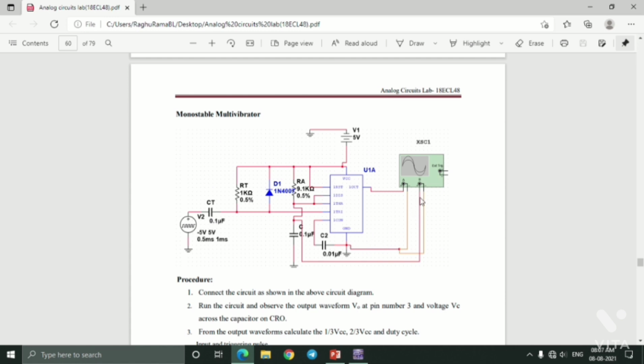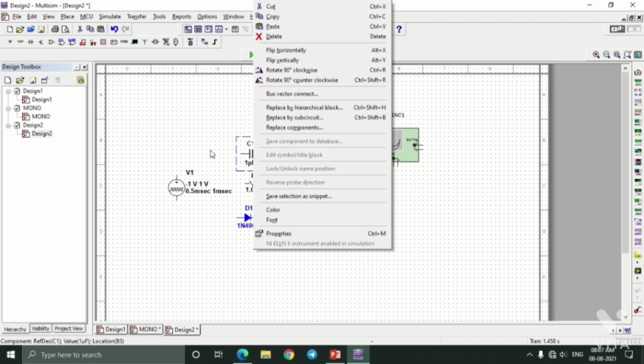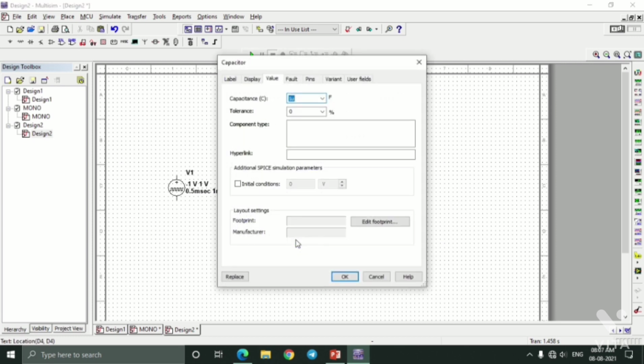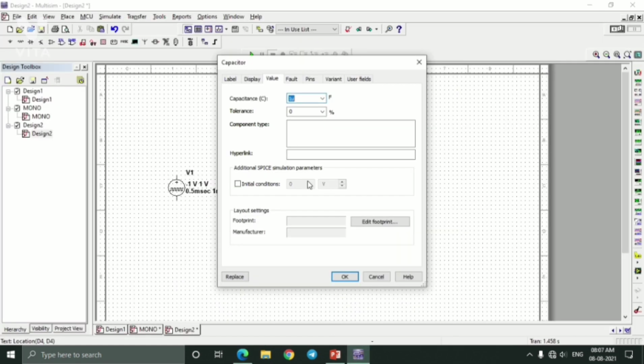This part is over. Now in between this ground and the CON terminal, you need to connect a 0.01 microfarad capacitor. So select this capacitor and bring it over here. Change the value to 0.01 microfarad.